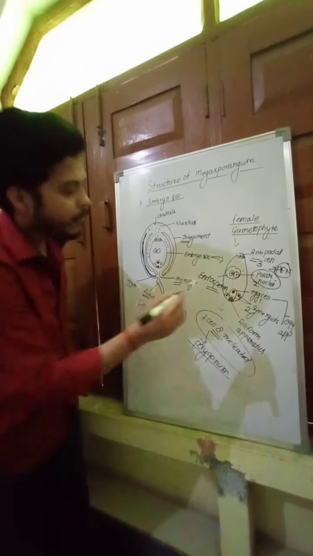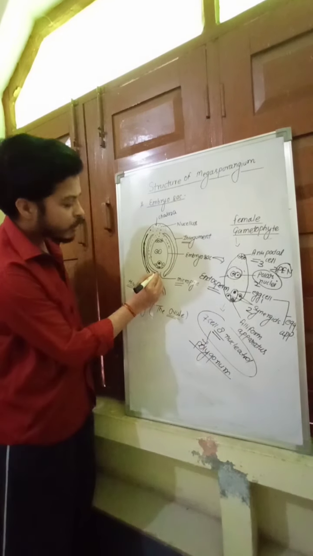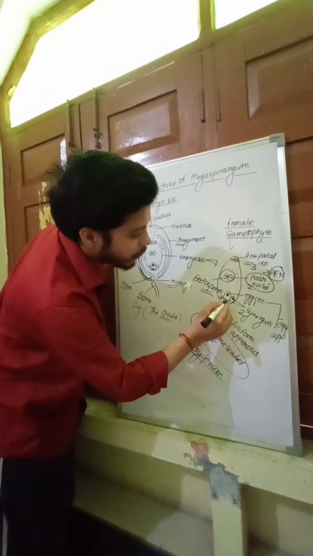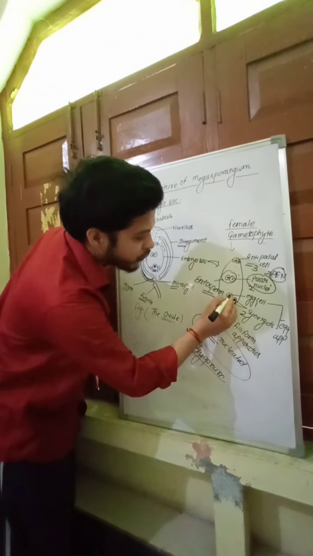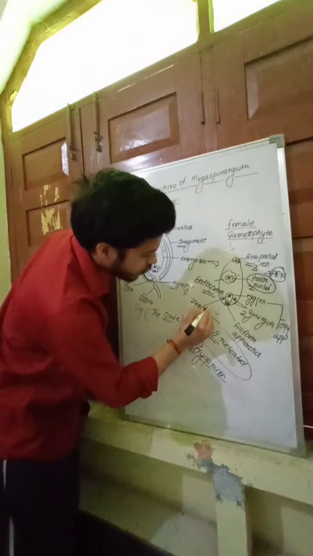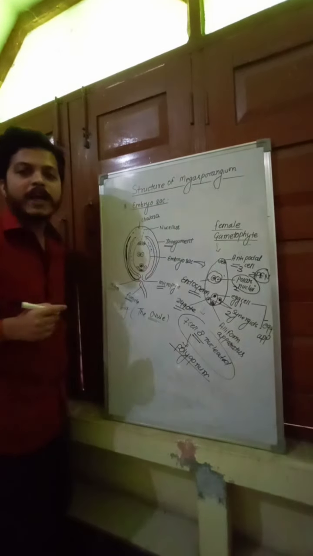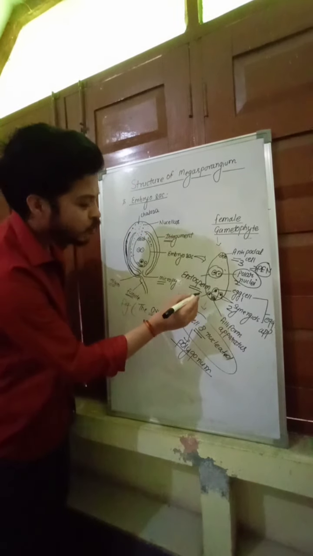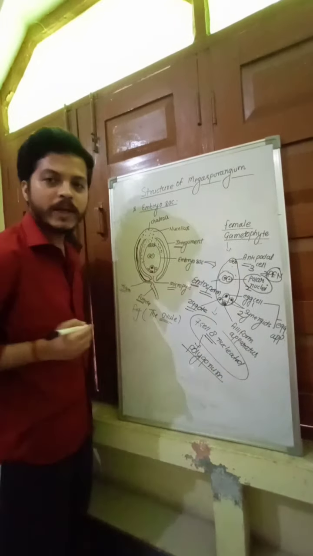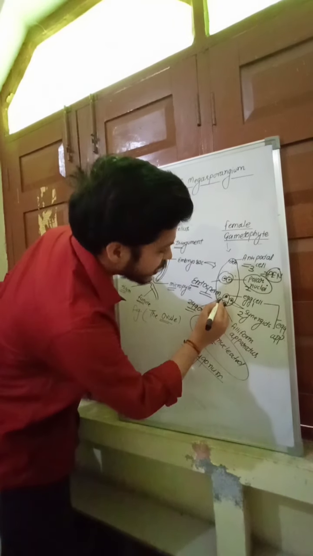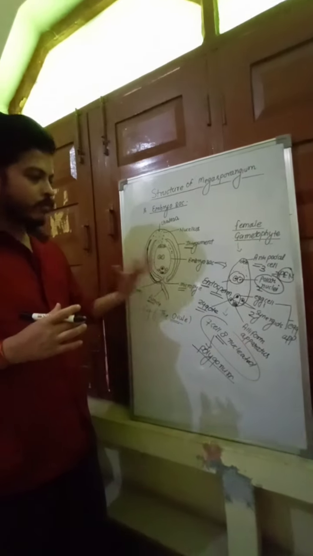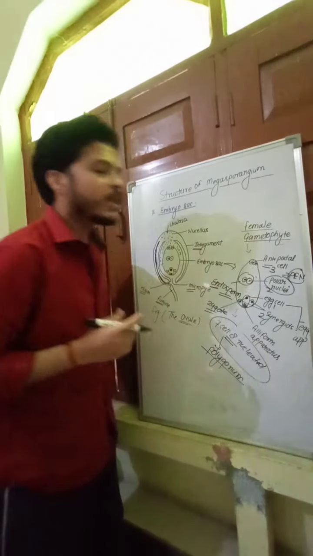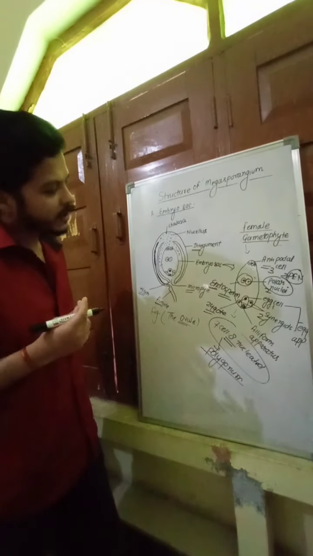How is the embryo formed? When the pollen tube enters the micropyle region, the egg cell is fertilized by the male gamete and forms the zygote. The egg cell forms the zygote which further develops into the embryo. So who gives nourishment to the growing embryo? Endosperm. Very important. Then the synergids degenerate after the fertilization. The 3 antipodal cells also degenerate after the fertilization.